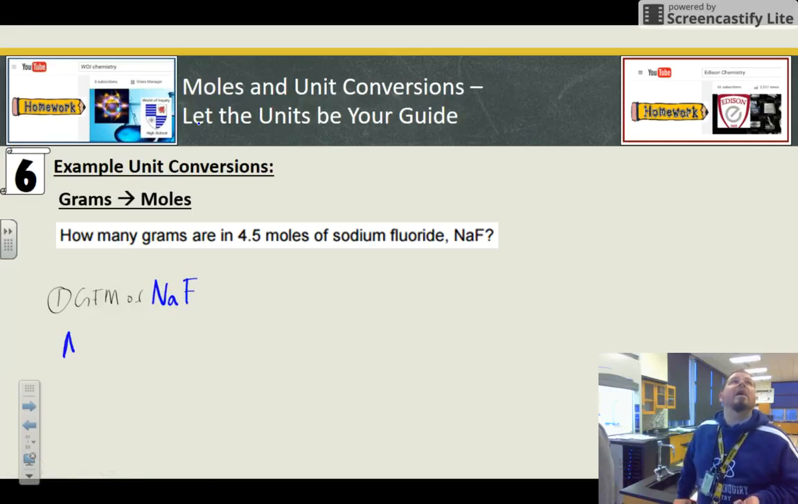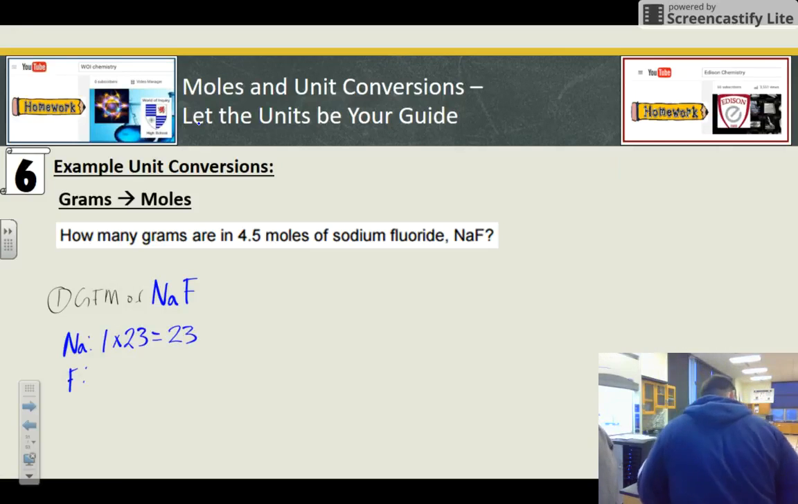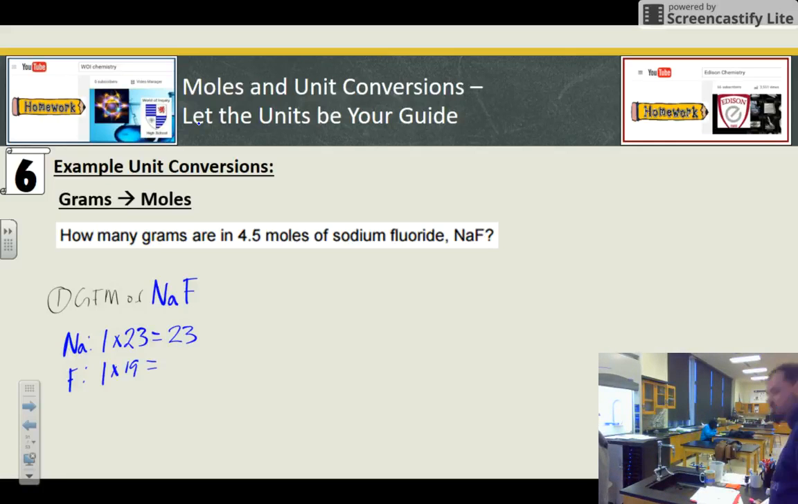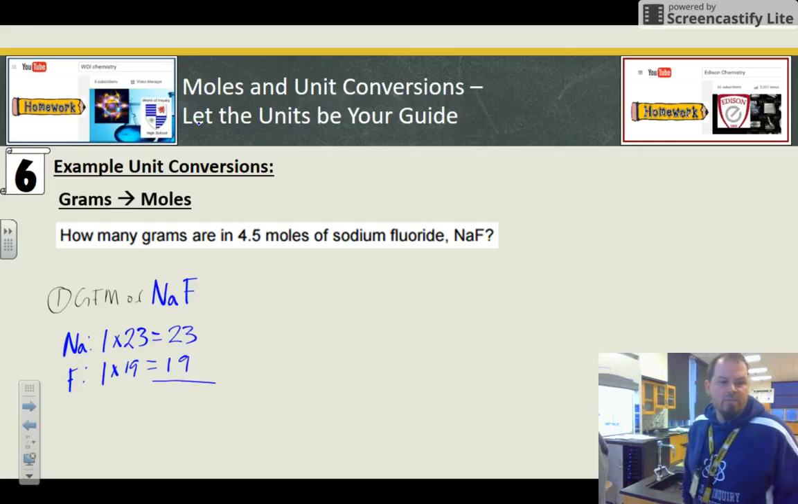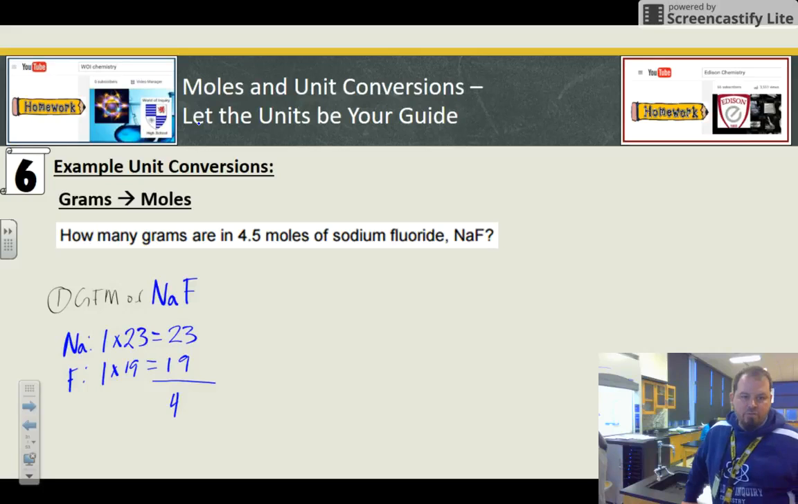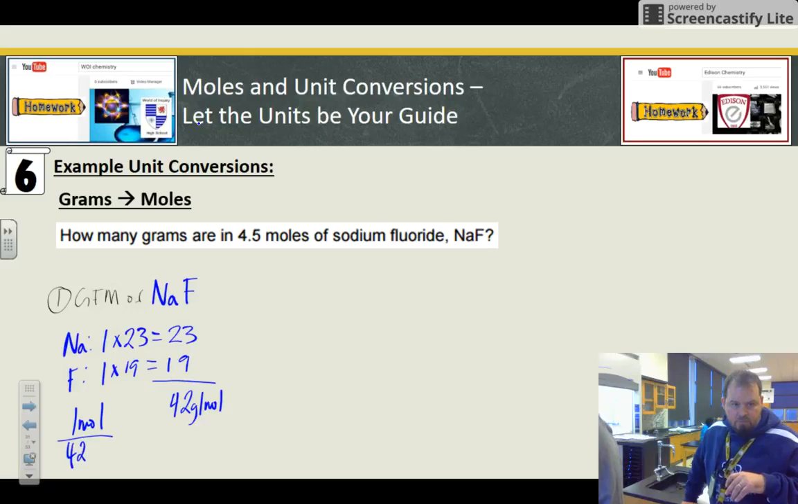So Na, I have one of them, and Na is 23. And we have one fluorine, and fluorine's what, 18 or 19? 19. Yep, 19. I'm looking at my reference table. 23 and 19, I can see 42 grams per mole, so that's 1 mole over 42 grams, or 42 grams over 1 mole. Both of those are equivalent statements,